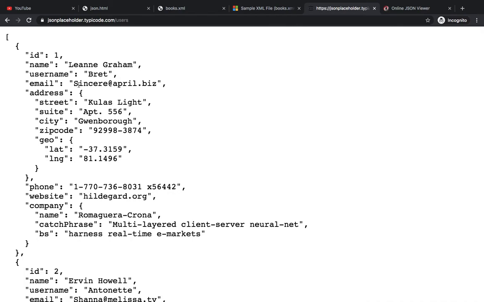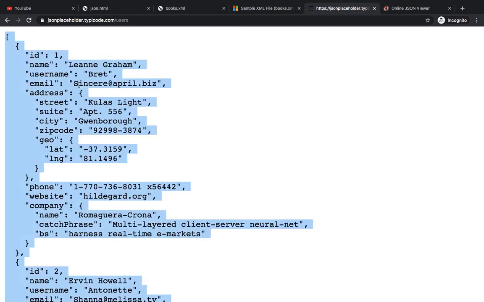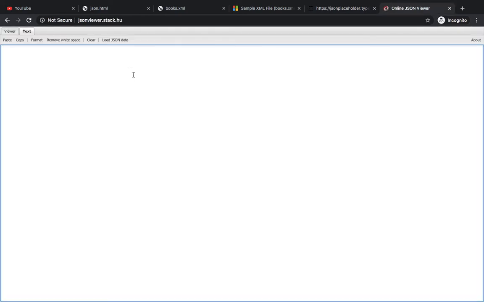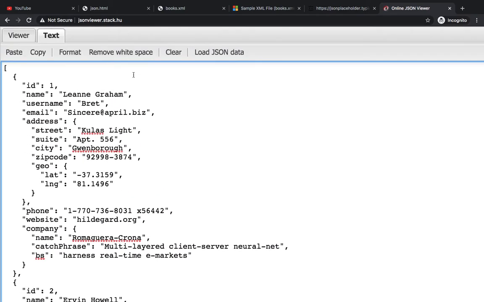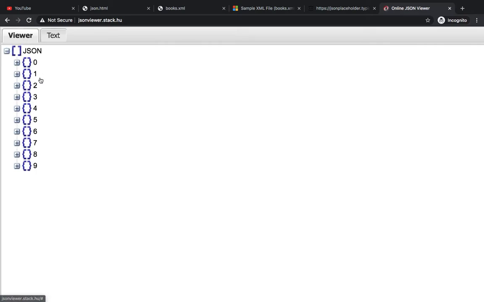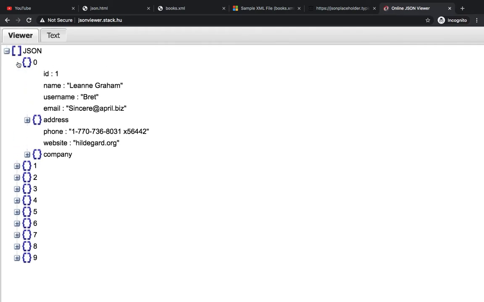It's not that complex here, but sometimes it is very difficult to understand when data is complex. So what we can do is copy this whole JSON data and paste it in a JSON viewer. Here I have copied it. Now you can see this is the similar data that we have copied. Now you can view it in a very beautiful way. So here are 10 records. Try to explore one.